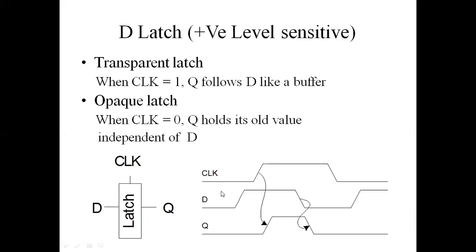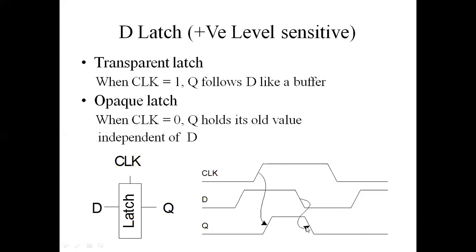So now consider the timing diagram here. The clock signal is equal to 1. When the clock equals 1, D is here, having the value high and low, and your Q value has been changed when the clock equals 1. So for the high level of the clock, your Q value equals whatever the value of D is. But when clock becomes 0 here as shown, the Q value is holding whatever the previous value was.